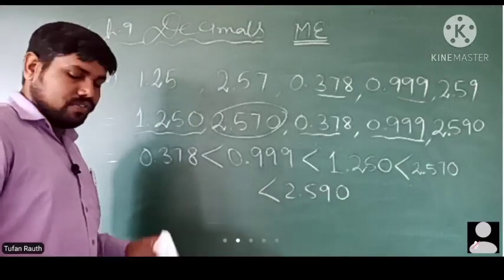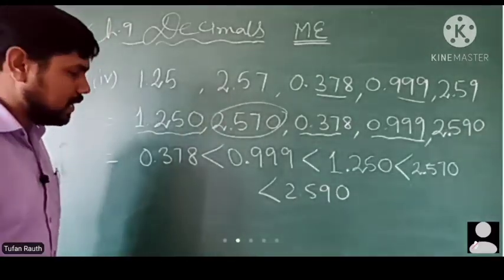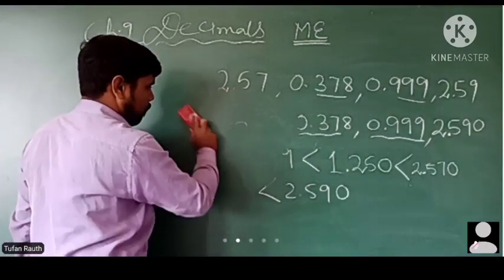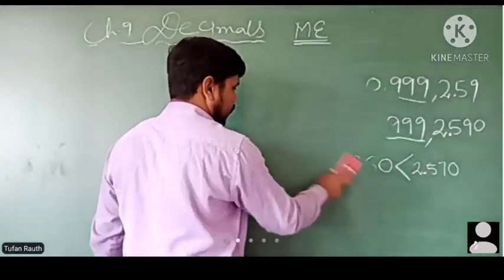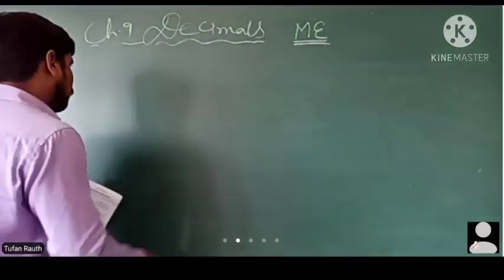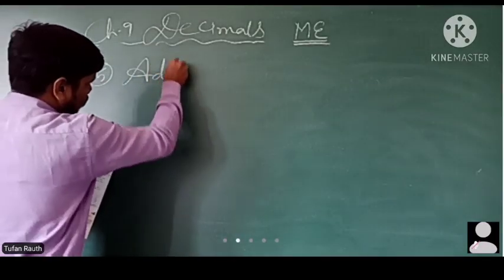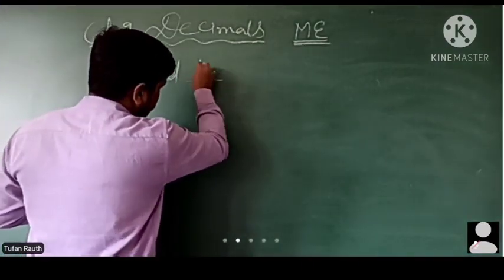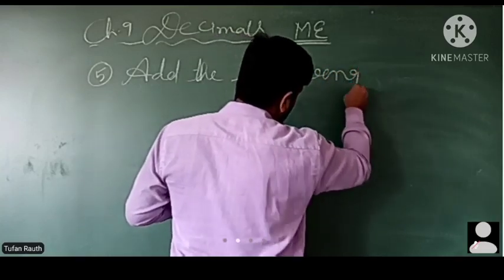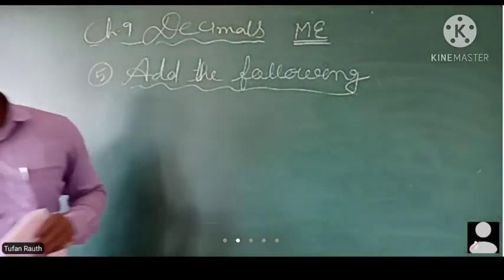After then, add the following. So addition is also the same thing. We will do it like this only. Just you have to keep in mind whenever you are adding, the decimal places should be in proper places. Otherwise, the additions will be wrong. Okay. So as we are doing some questions, I am talking about the fifth one, where it is asking to add the following. So you have to add the following, whatever is given.